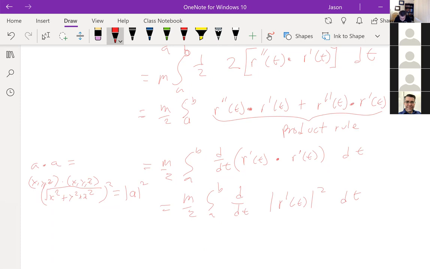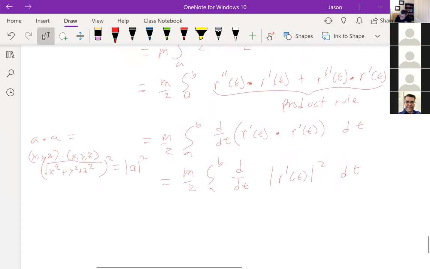Okay. But what is this? Well, from the fundamental theorem of calculus, we can figure this out real easy because we're taking the integral of the derivative and we have limits, right? So the dt's cancel out, and then I use the fundamental theorem of calculus. I mean, they don't really cancel out, but you can think of it as they're canceling out. And we get,